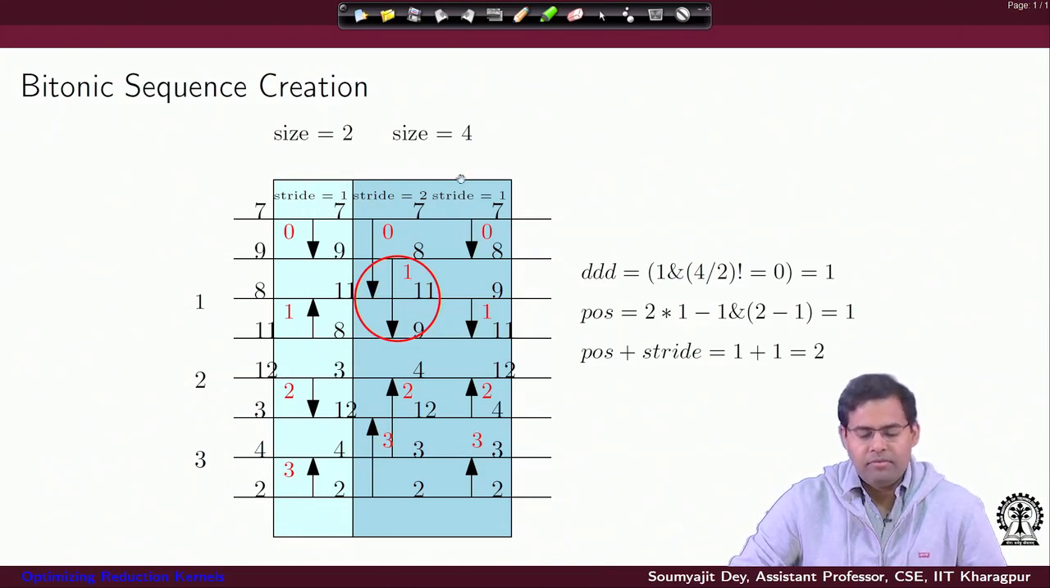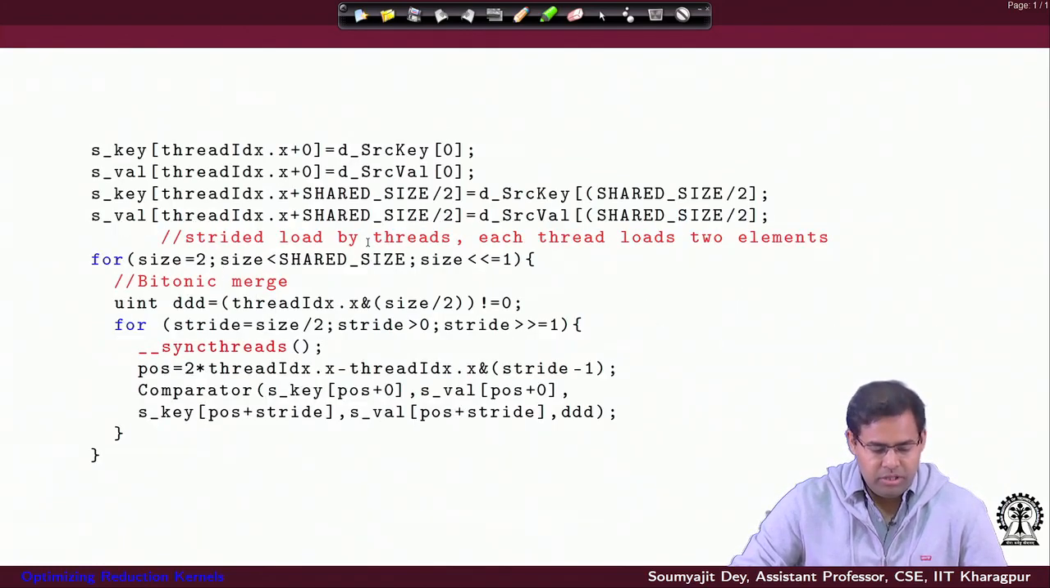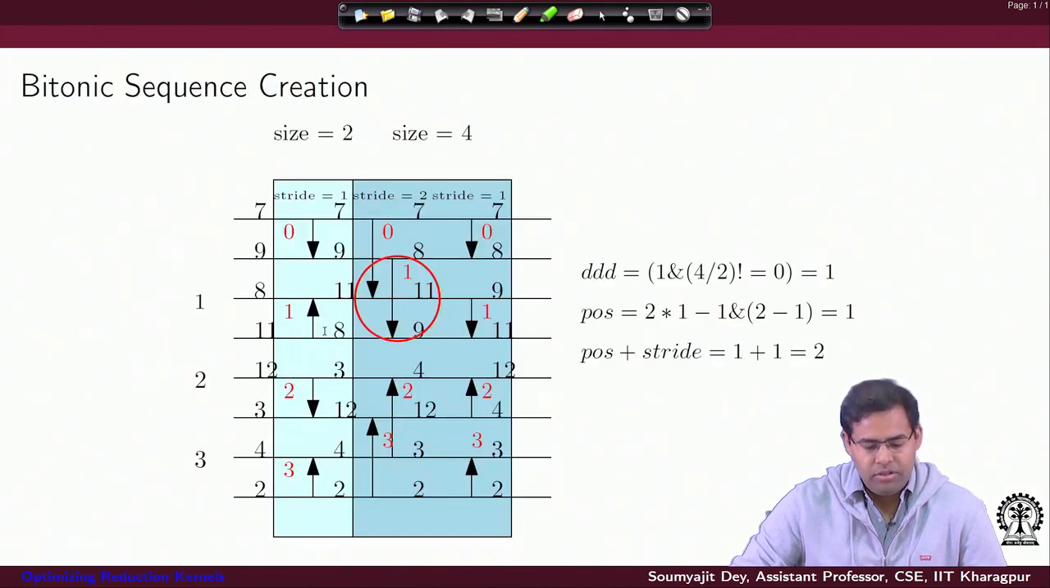In the second phase, again we will have size equal to 4, and we will apply the same logic. But since we are doing size equal to 4, we will have two strides, stride equal to 2 and stride equal to 1. Thread ID 0 would be tasked with doing this first comparison here with stride equal to 2, and then when the inner loop goes to the next iteration, thread ID 0 would again be doing another